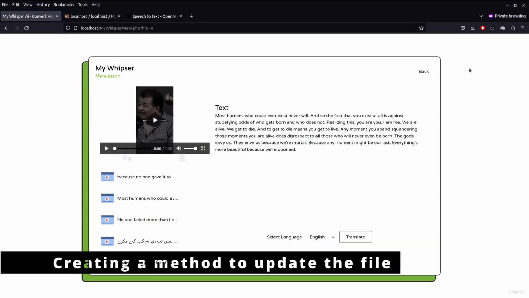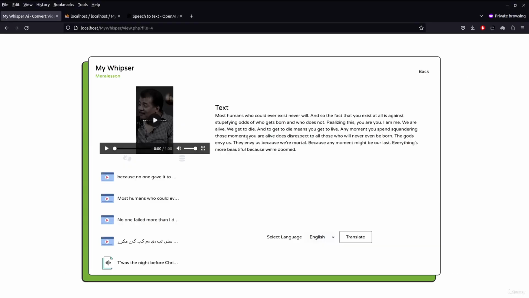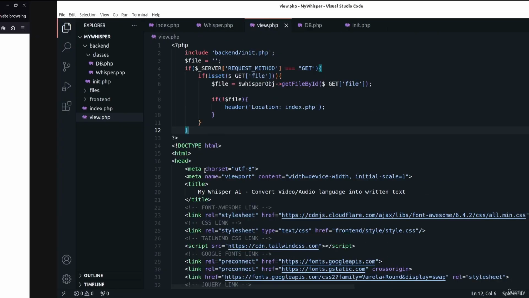Hello and welcome back. In this lecture we're going to create a function to actually translate the content of the file to the different language, and I already added a few more files to the list, as you can see. Let's make this translate button work. So go to your view.php file,